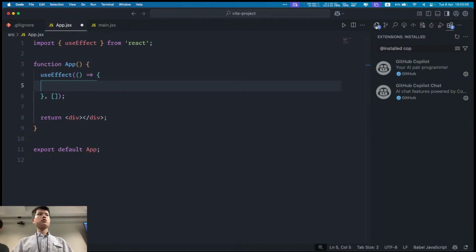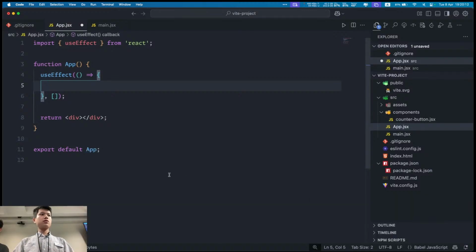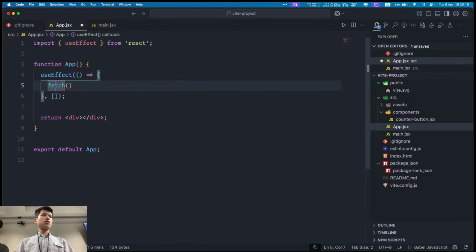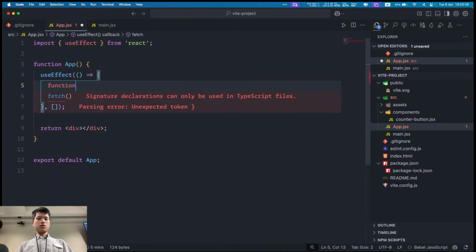Use fetch API. It's a bit weird to use fetch API with async syntax because you need to define another function inside the useEffect function, because the useEffect function can't be an async function. So we'll define another function inside it, which we'll call